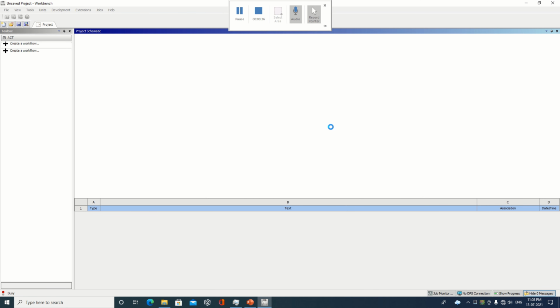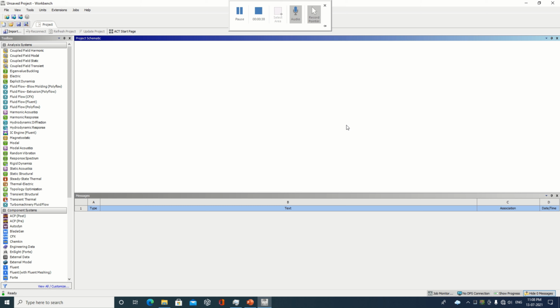Once this is open, you will see various things like analysis systems and component systems, out of which we are interested in doing the analysis. So you can take the transient thermal analysis option here.